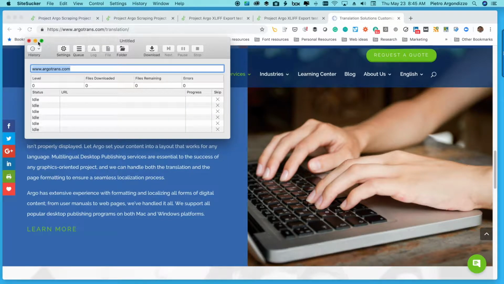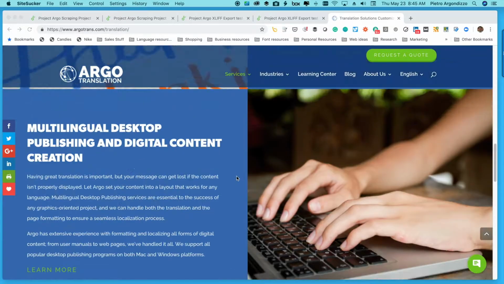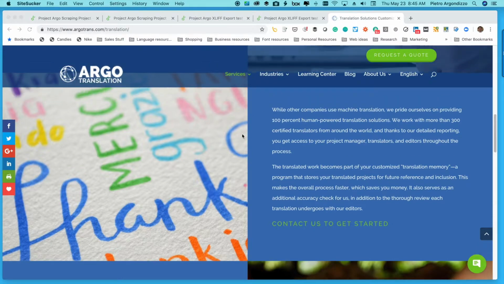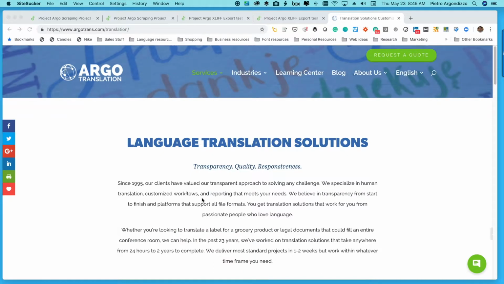So let's pretend that we went ahead and did that download of the website, and I've taken the liberty of preparing 2 projects. One where I did the site scraping, but the other where I actually did an extraction. So our website is built in WordPress, and we use the WPML plugin to handle the translation aspects.